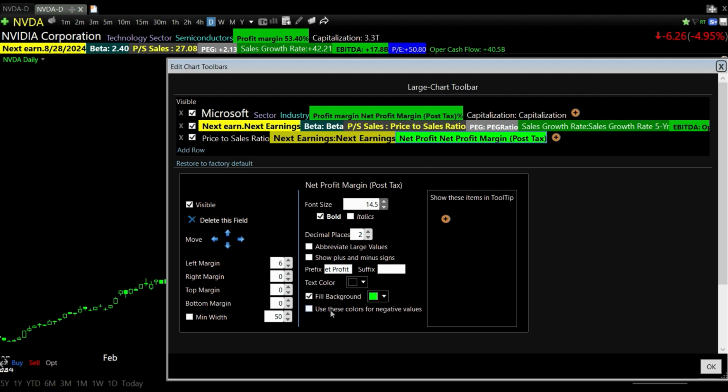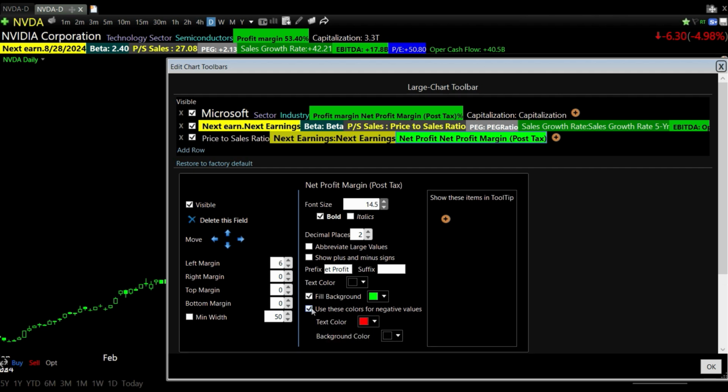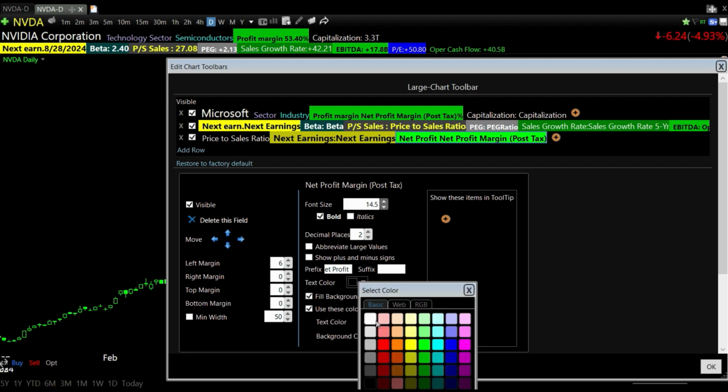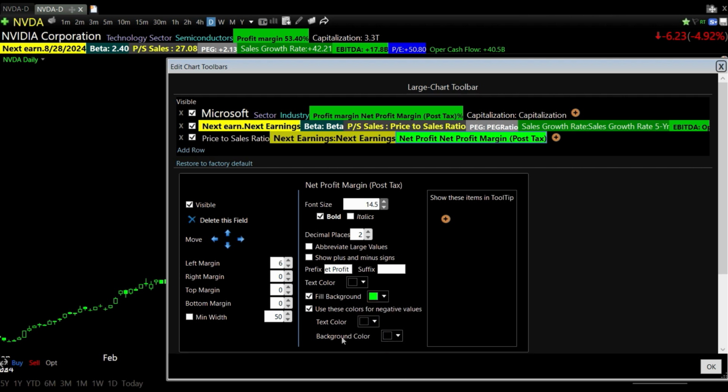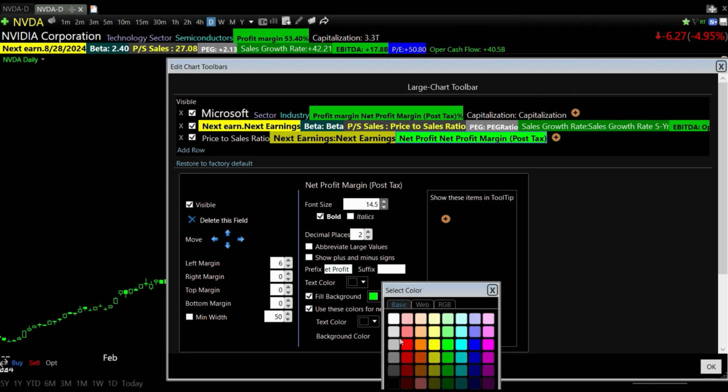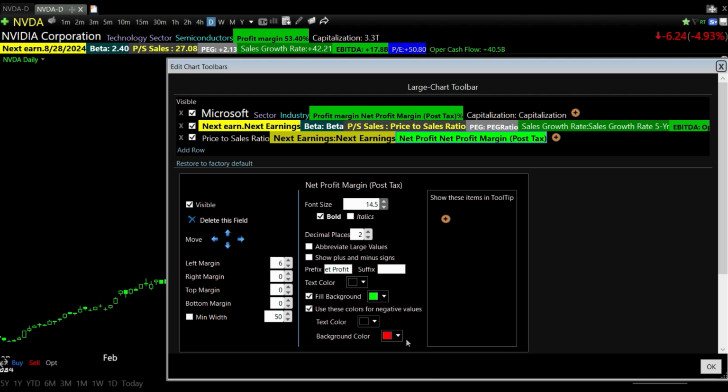If you click on this, use these colors for negative values. So there it is. And instead of text color, make the text color black and make the background color red. Okay. Now, when you hit the OK button,